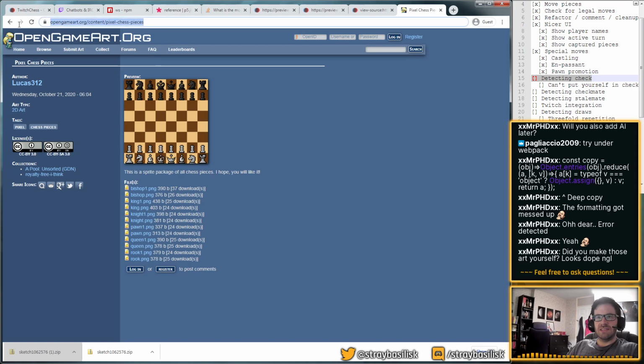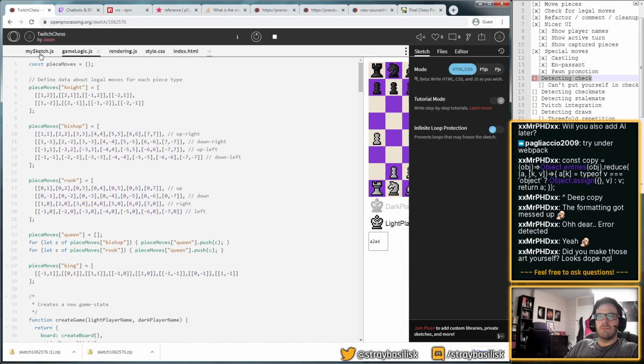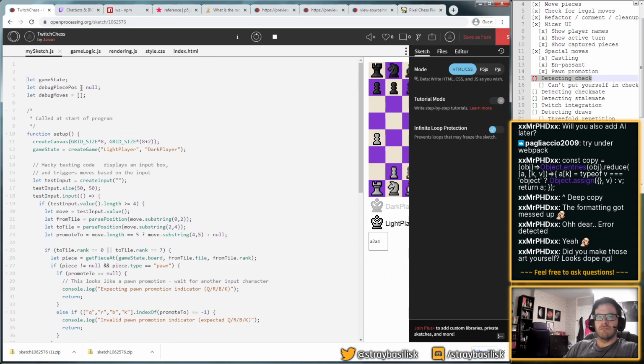Yeah, it's Creative Commons Attribution License, so Lucas312. Okay, trying to be a good internet citizen by crediting people. Okay. Let's dump all that stuff into a folder.